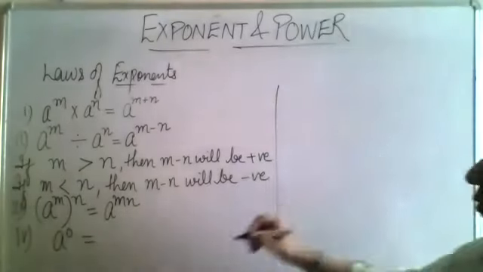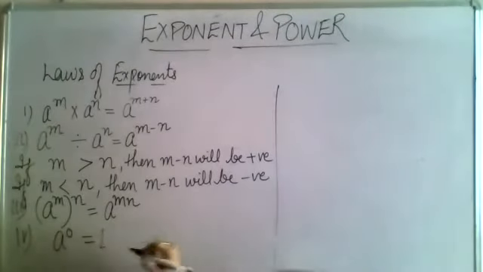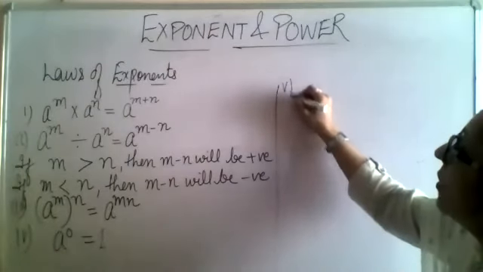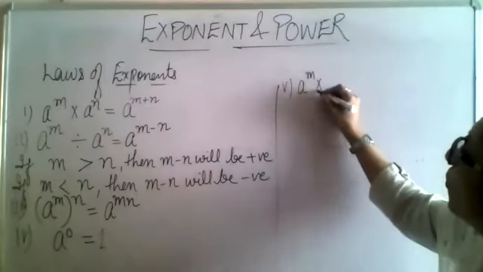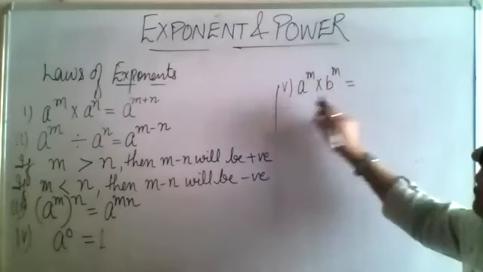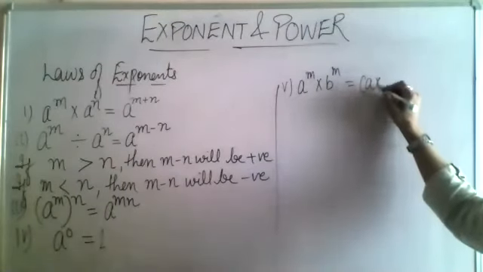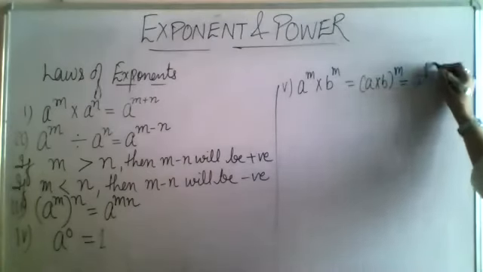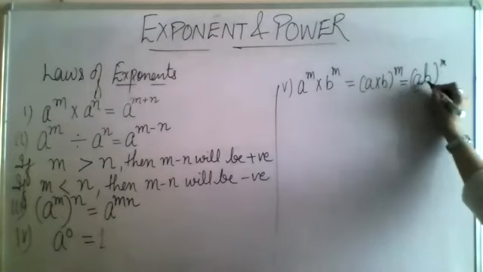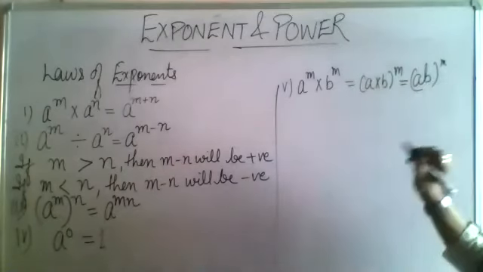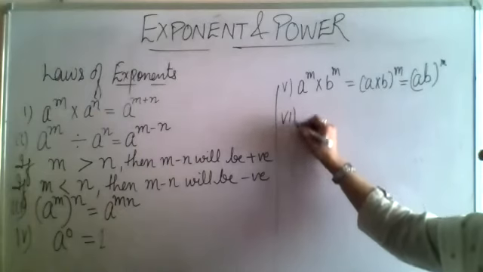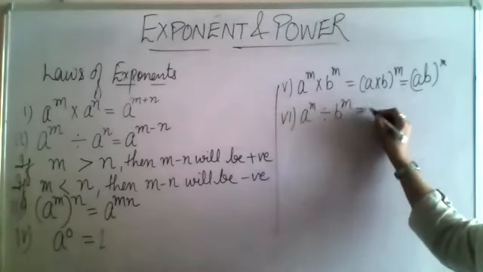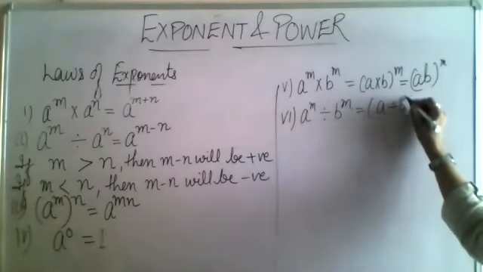Now if bases are different, then what will you do? If powers are same, then write bases together in multiply form, because these are variables, so you can write together. I'm talking about only variables. It means relationship is multiply. If bases are different, division sign, then you can write in this way, divide form.